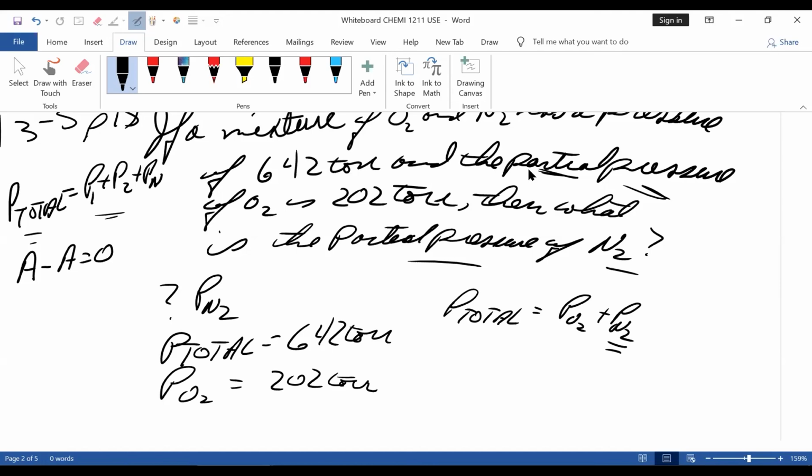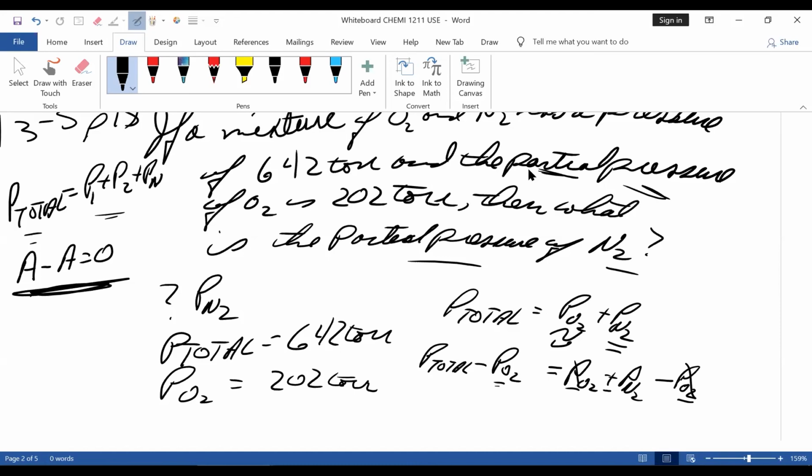We're solving for this, so we want to get rid of this. How do we do that? We use this, and that is P total on this side, but I'm going to leave a lot of room. You'll see why. If I want to get rid of this, how do I get rid of that? When you have an addition of two things, to get rid of one of them, you subtract. This minus this is 0. It's gone. Whatever you do to one side, you have to do the other. So I'm going to rewrite this because that's what Dr. White likes to do. You don't have to.